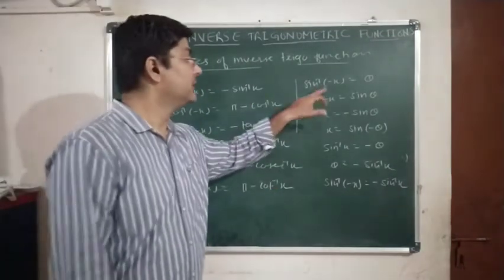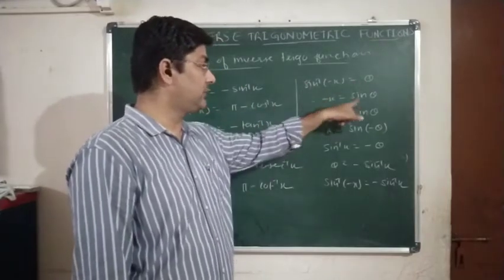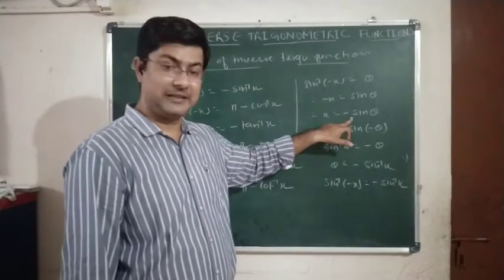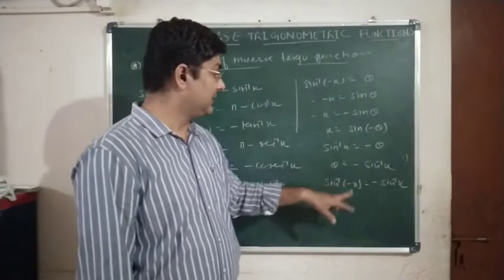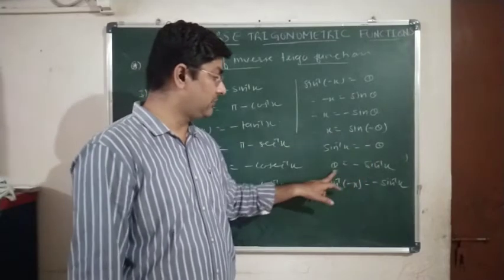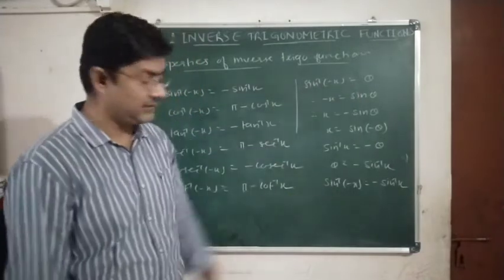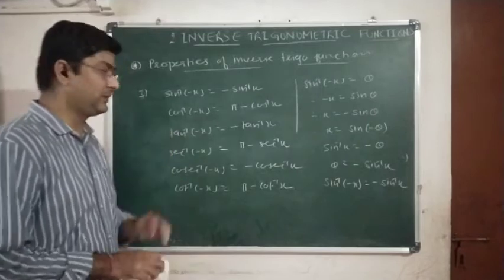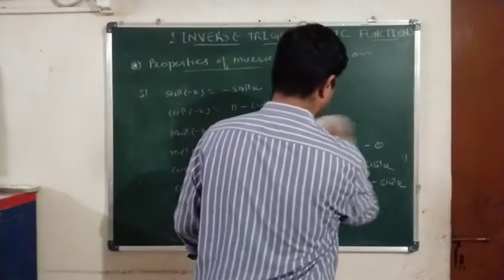Okay, once again, my sine inverse minus x we have taken to be theta, therefore minus x will be equal to sine theta. Okay, therefore x is equal to minus sine theta. Now minus sine theta we can write as sine of minus theta. Then sine inverse x will be equal to minus theta, or theta will be equal to minus sine inverse x. Finally we will put the value of theta, that is sine inverse minus x, and the property is proved. Similarly, second property can be understood. From this you can understand all the other properties.